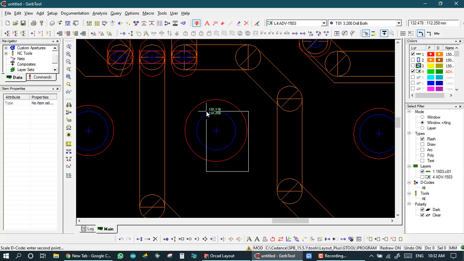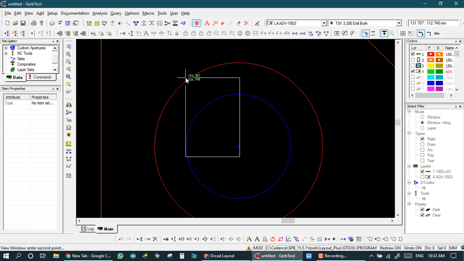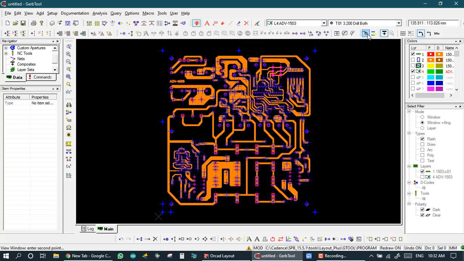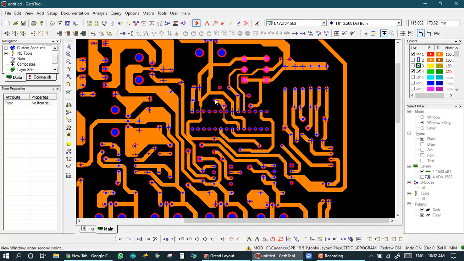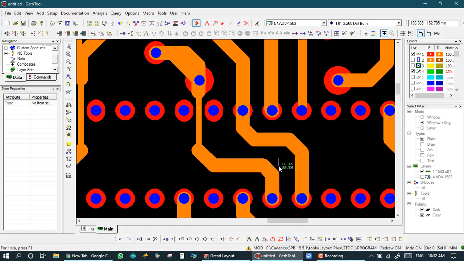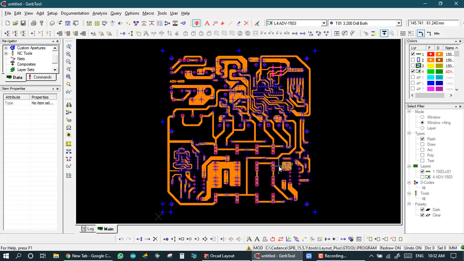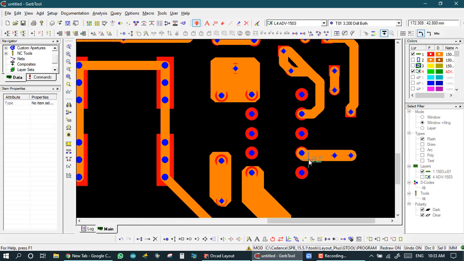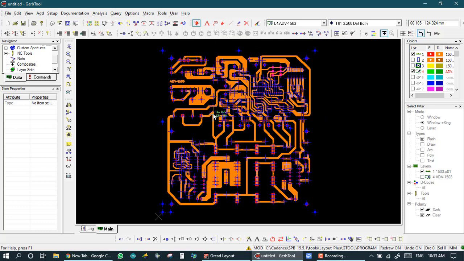So here we make more distance from the drill to copper. So this is our NC layer, and we set all the NC layer and copper layer. Here all the copper layer and NC layer are in the proper way, so we don't make a change here. If any change is needed, then we change in the copper layer, not in the drill layer. And after this we have one option of DRC